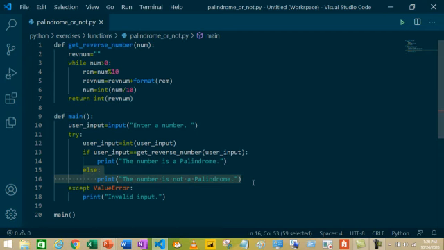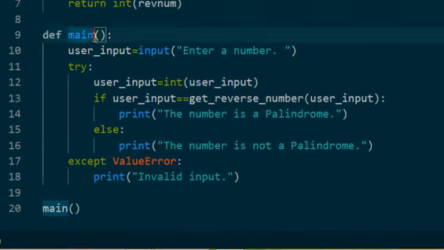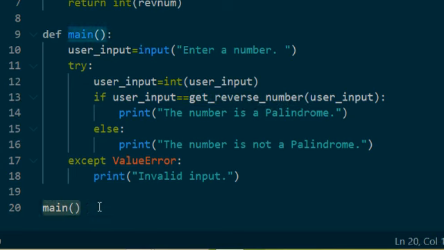We set it to print the number is not a palindrome. As you know, a function can't execute on its own until it is called. We are calling the get reverse number function here and the main function in the last line.